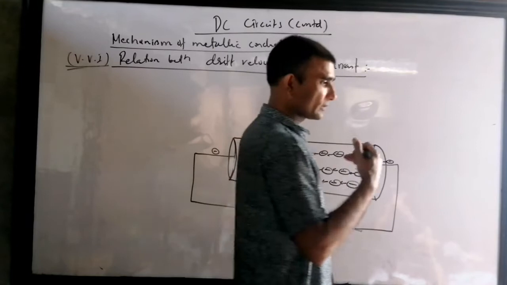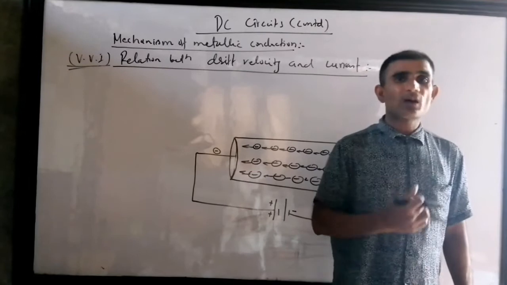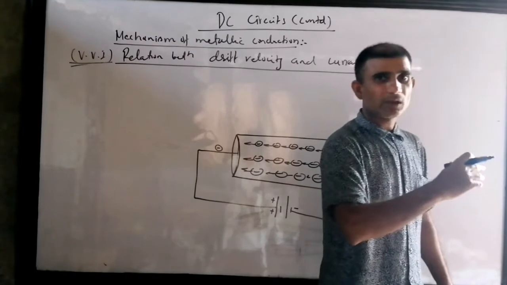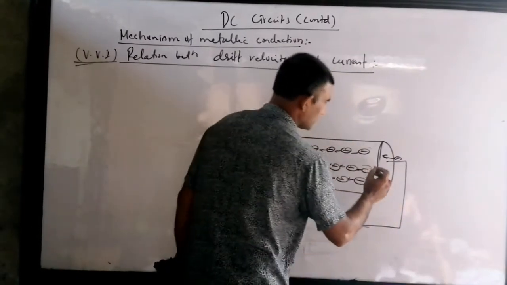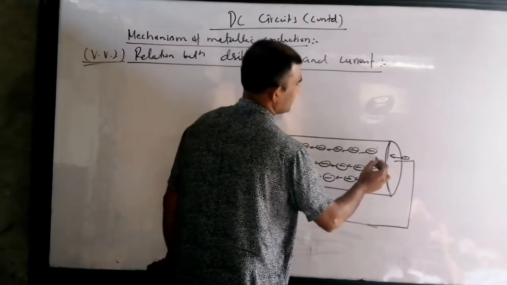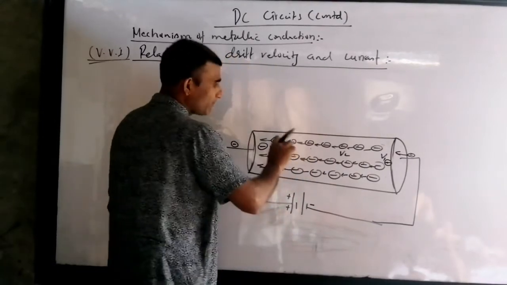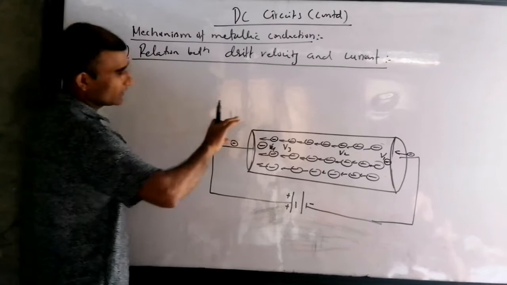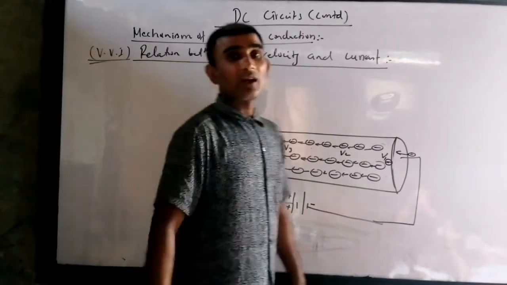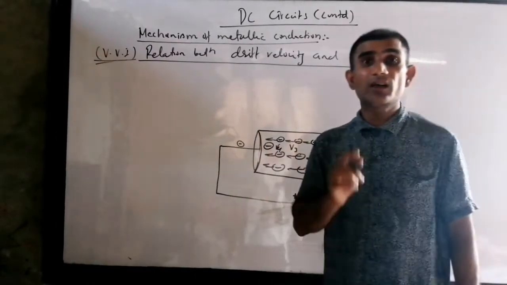When it moves slow, it has less speed. When it moves fast, it has more speed. So there may be some average velocity by which it is crossing through the wire. When the electron goes from here to here, it has some velocity here, v1, here v2, here v3, maybe here v4. So you may tell some average velocity that the electron acquires through the conductor. That average velocity which the electron acquires when it passes through the conductor is called the drift velocity.